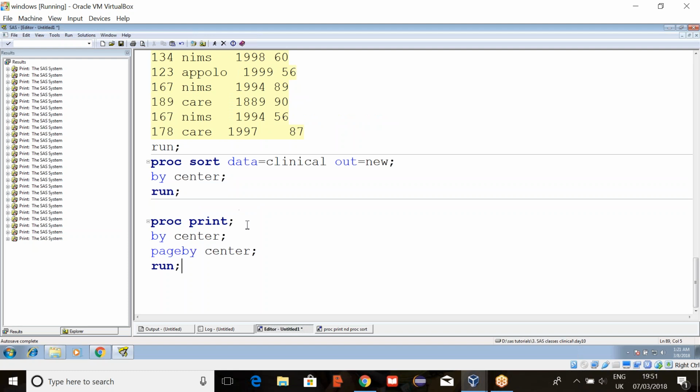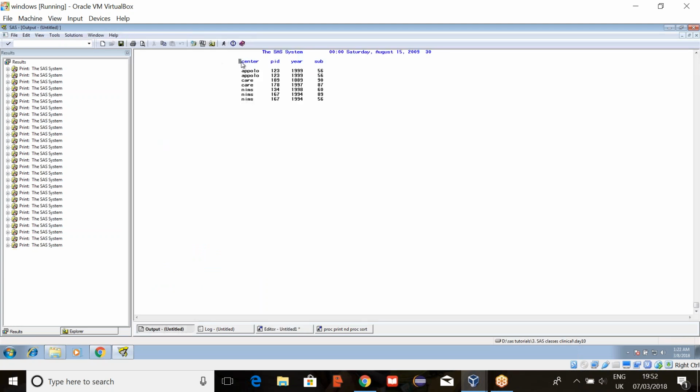Okay. So what will happen if you use the ID statement in PROC PRINT? Suppose I write ID center. What is the use of the ID statement? It will bring that variable to the first, right? Center.